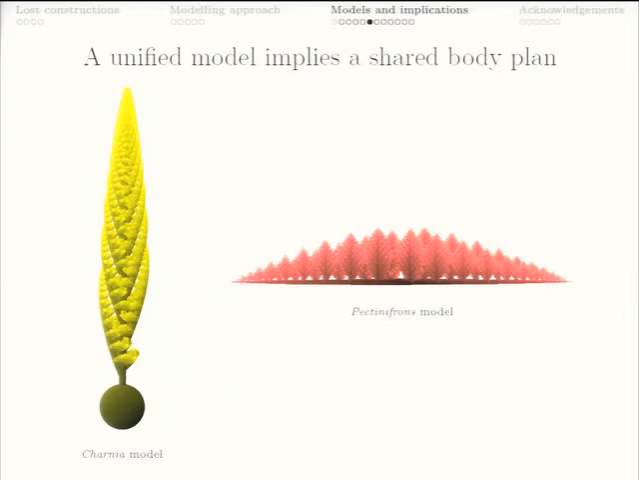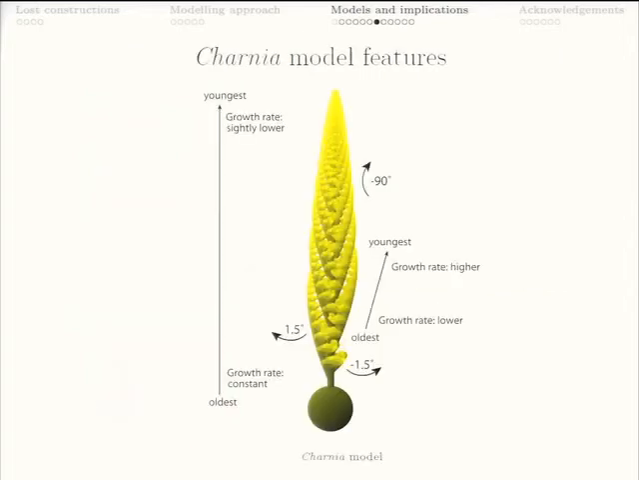Okay, one of my conclusions is that we can use this model, which is a unified model with the same set of parameters, to describe what are, by appearance, quite diverse morphologies. So for example, this is my model of Charnia versus Pectinofrons, another sort of elongate, possibly benthic reclining form. If we have a look at those in a little more detail, we can see in Charnia, I've interpreted the morphology to be formed